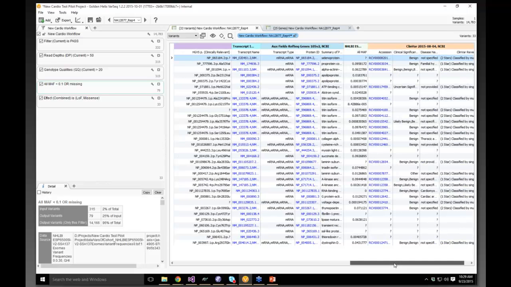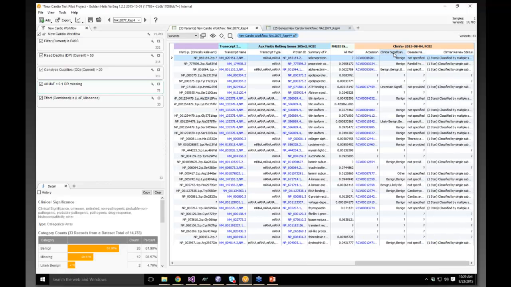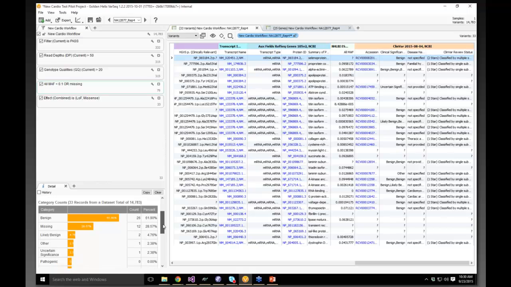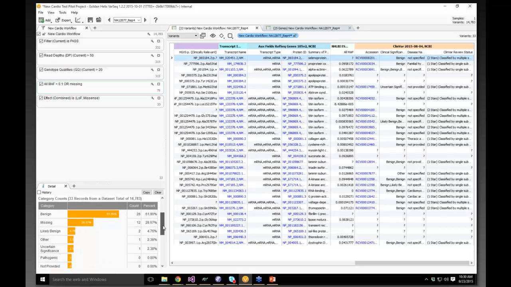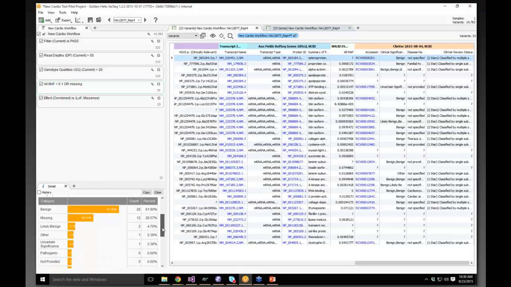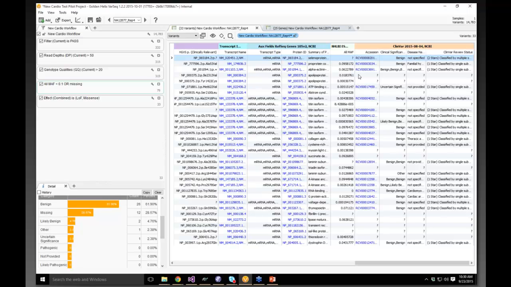We have ClinVar. Clicking on any column gives you a description from our public annotations about that column. So clinical significance is the all-important classification of that variant in terms of human disease. That's the catalog ClinVar's primary focus. And you can see we don't have any pathogenic variants in this R&D sample,